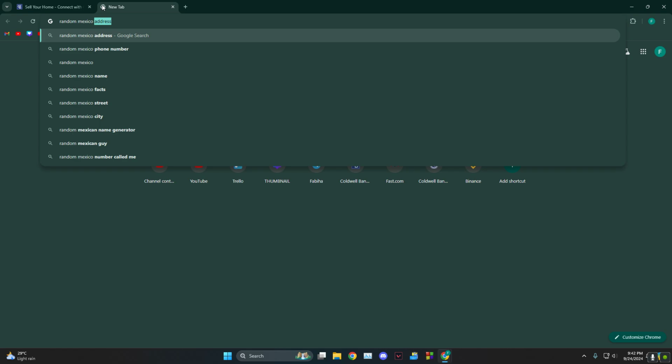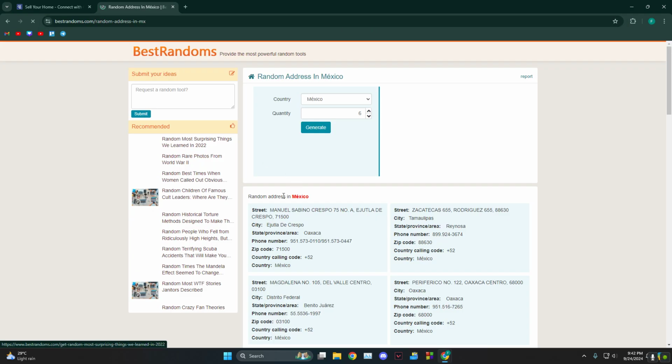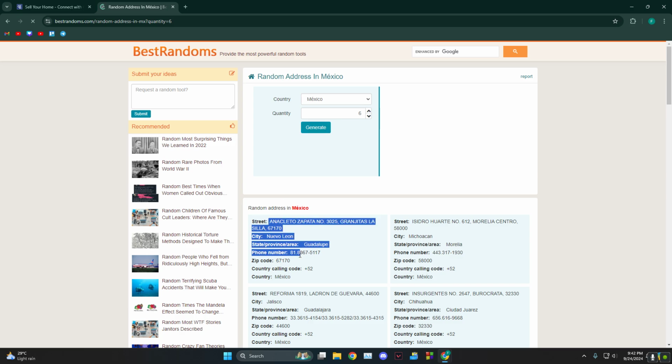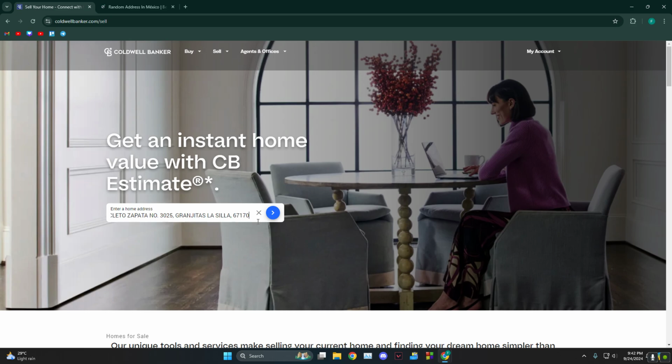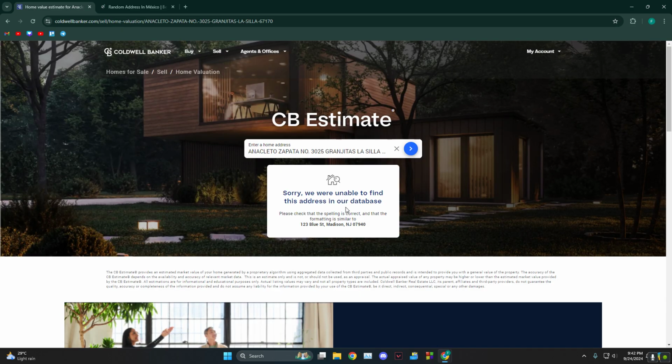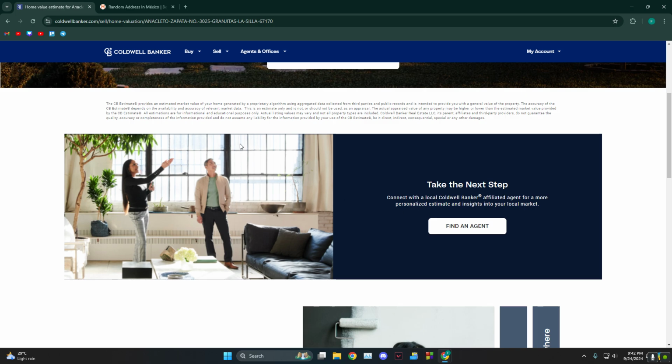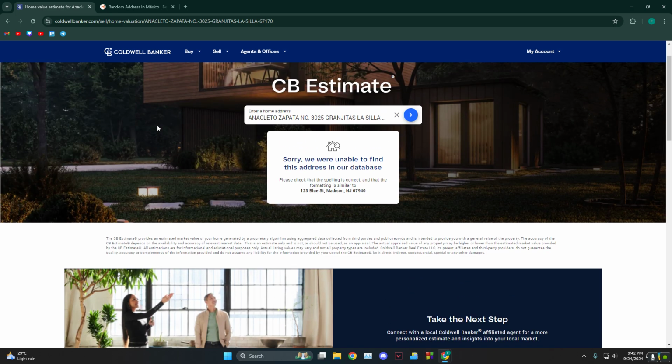Mexico address, let's say this one, and we generate any. So we'll go for Control C, Control V, let's paste it, and I don't know if this will show anything that is real. As you can see, we were unable to do this, but once they find your home, what they will show is how much is the estimate, and from there do you want to directly connect to